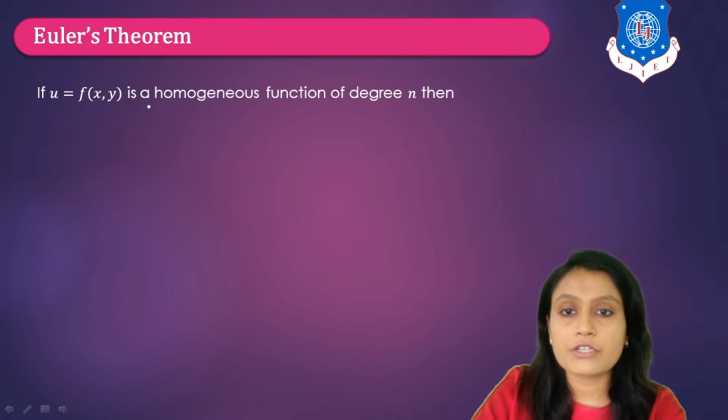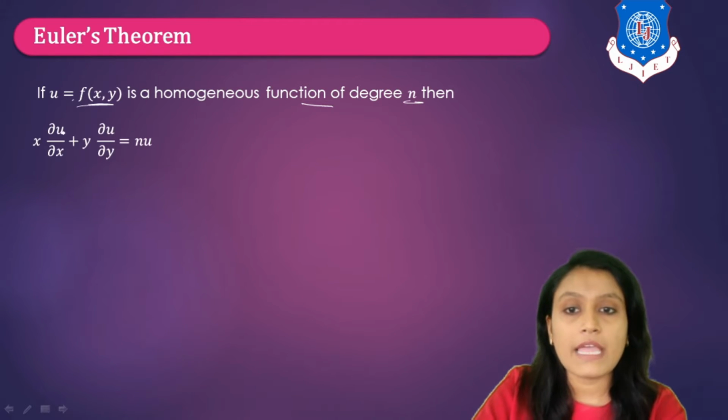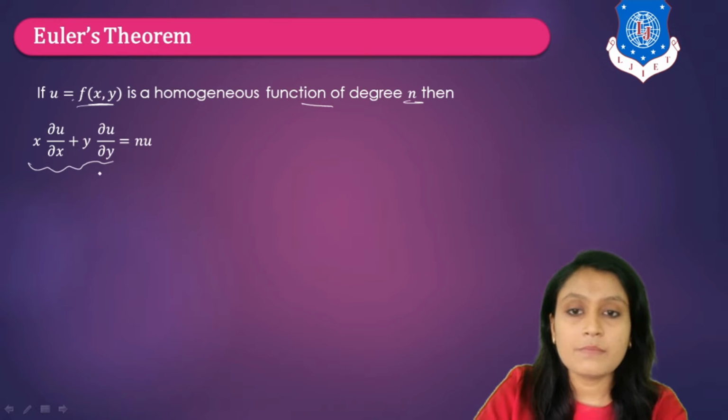If u is a function of x, y and it is a homogeneous function of degree n, then x ∂u/∂x + y ∂u/∂y = nu. So whenever we have to find x ∂u/∂x + y ∂u/∂y, there is no need to find these separately, multiply them and simplify. No need to do that. We can directly apply this formula, that is n into u,